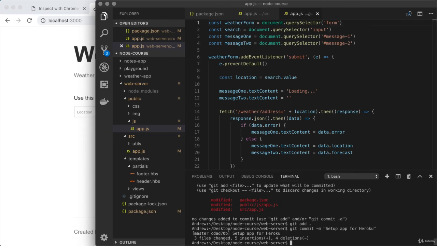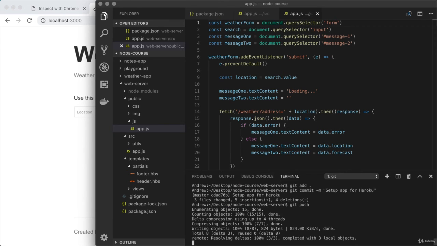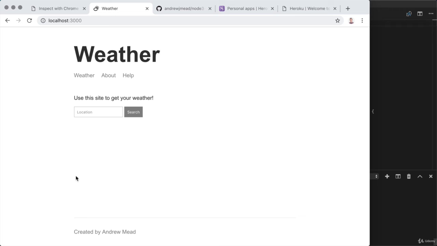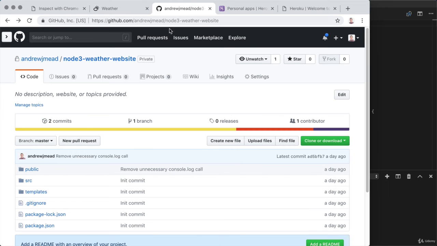Now I can hit enter to actually create that commit, and we can go ahead and start by pushing those changes up to GitHub. So right here, git push. When we do this, it's going to push our code up to the origin remote. And right here, we can see that things have been updated correctly. If we head over to the GitHub repository, you should be able to refresh the page and see those changes